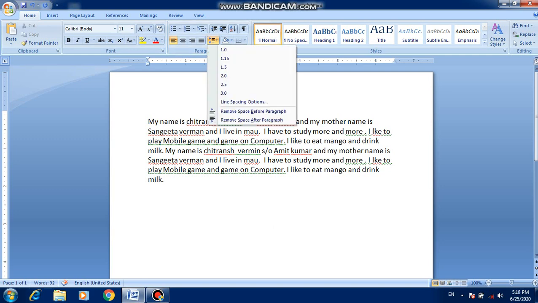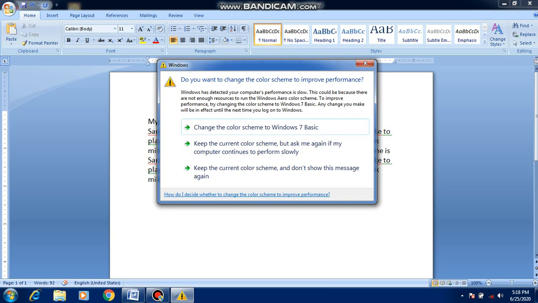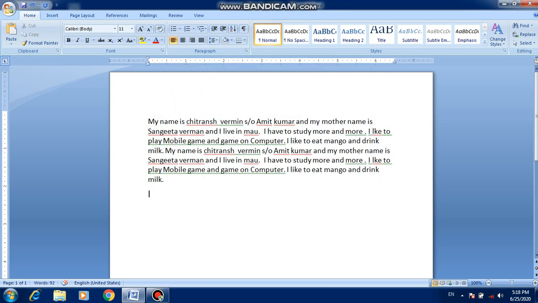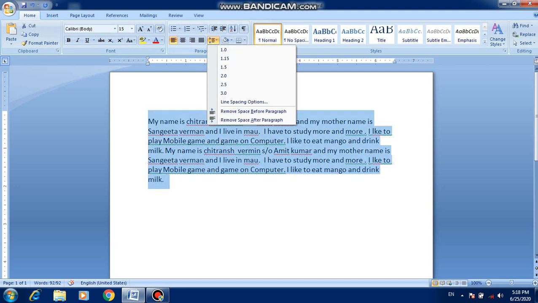In this option there are many line spacings given: 1.0, 1.15, 1.5, 2.0, 2.5, 3.0 and some other line options. Now to apply, first of all select your paragraph and click on line spacing.